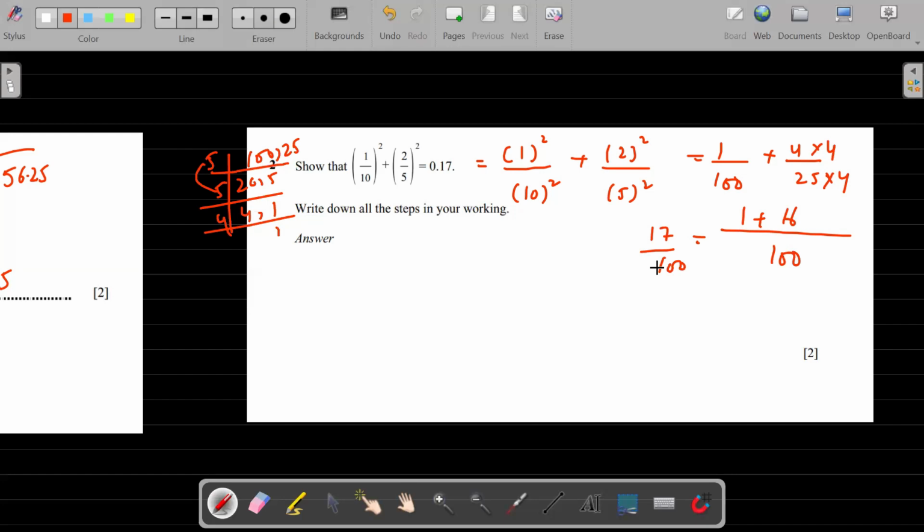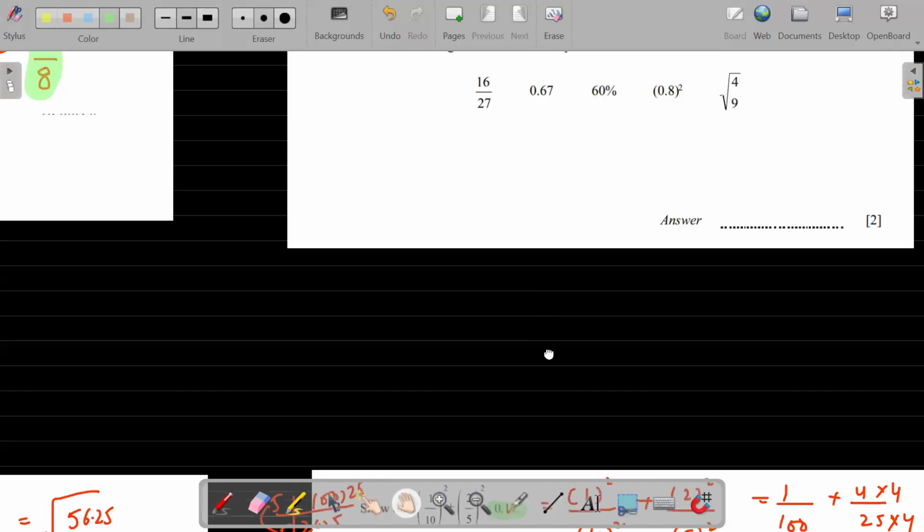Let's divide it with calculator. So 17 divided by 100 is going to be 0.17. Which is same as we have it over here. Is same. And how is it same? We also have proved that. Next question is,